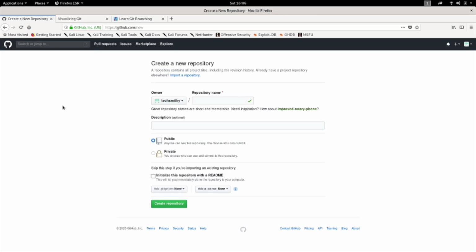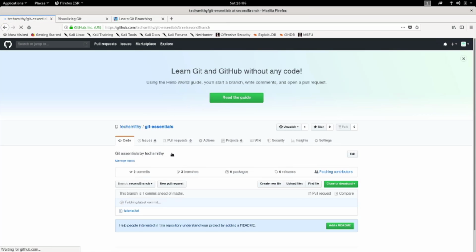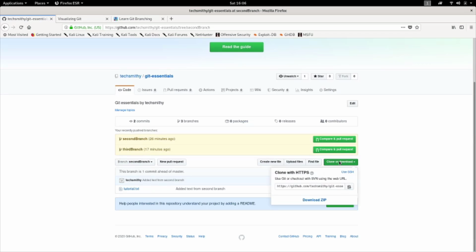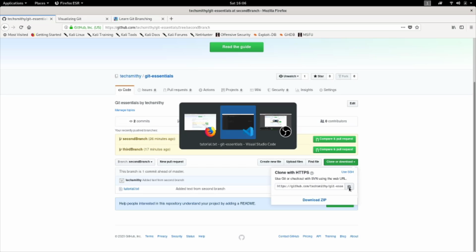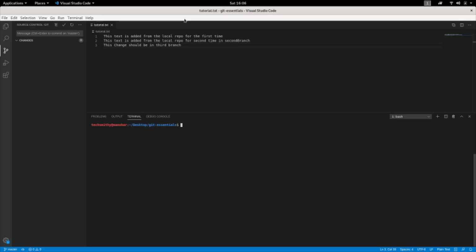Once after creating a repository, you need to initialize it into the local repo. For that, you need to... okay, let me go back. I've created a repository already here. So here select clone or download, copy this link, open the terminal, go to your working directory and just do git clone and your repository URL. That will create a local repo in your local